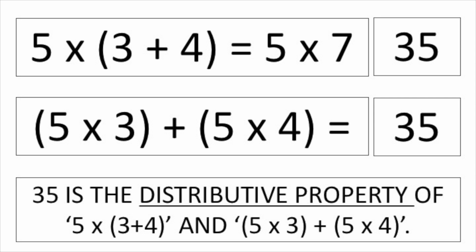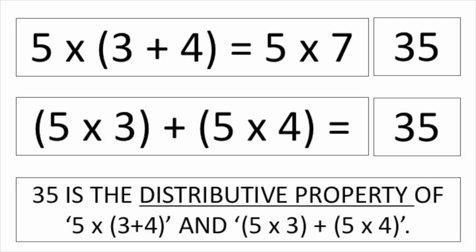So 3 plus 4 equals 7. So the sum here, 5 times 7 equals 35. Well done. But how about if we do it the other way? 5 times 3 equals 15 plus 5 times 4 equals 20. So 15 plus 20 equals 35. So we can say